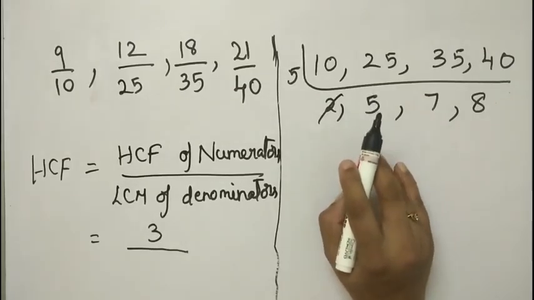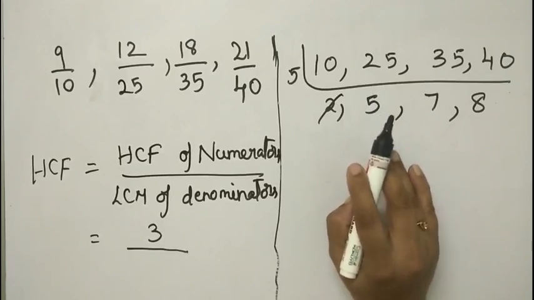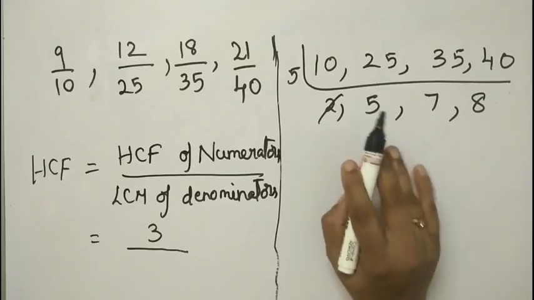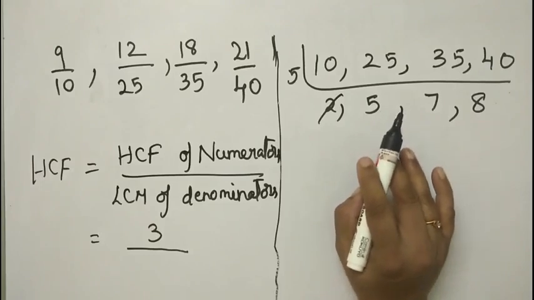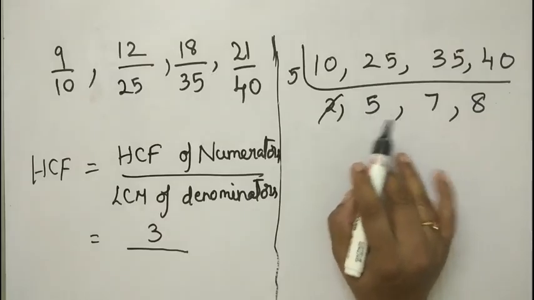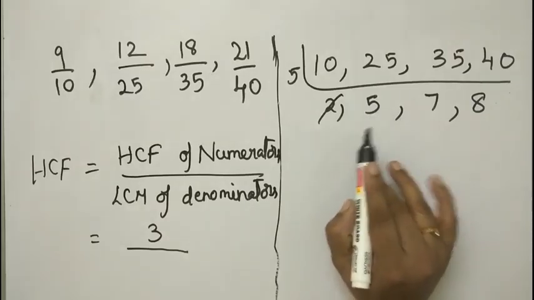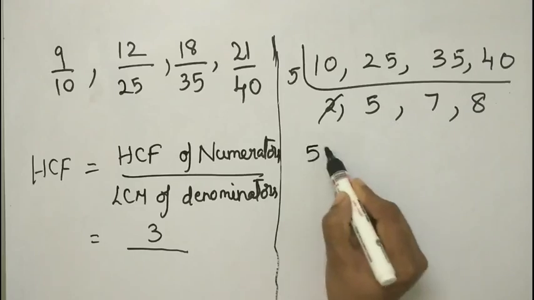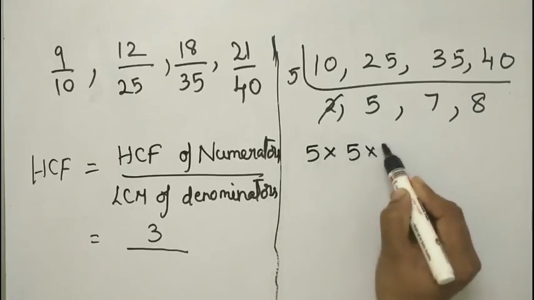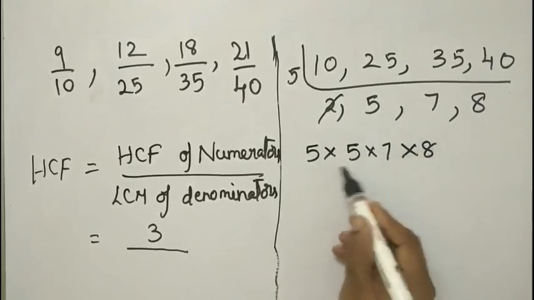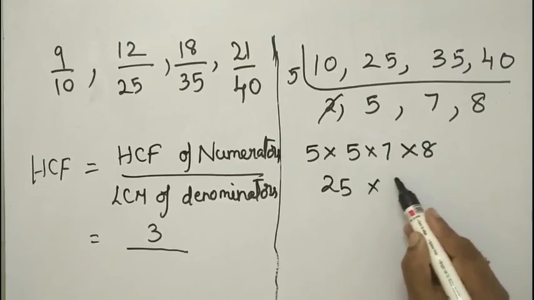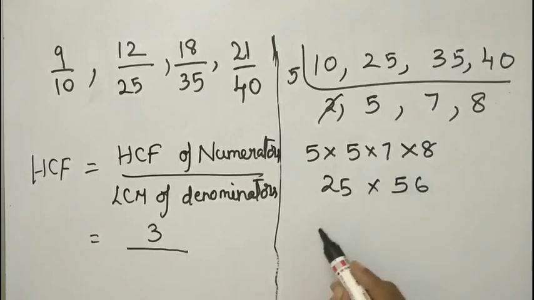I am here using the LCM trick, which I am going to explain in my next video on the tricks. Okay. In the next video on tricks, I will explain this LCM trick. As I have to explain HCF now, I am just using the trick here. I will make a video on that trick also. Okay. Now just multiply them: 5 into 5 into 7 into 8. Okay. 5 5s are 25. 7 8s are 56.